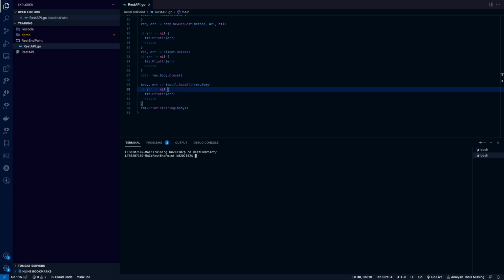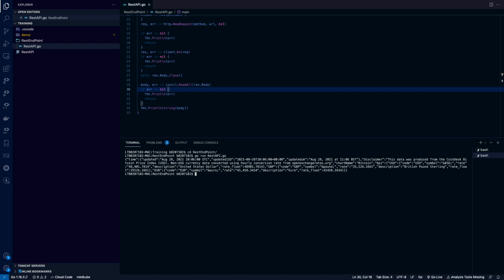It's done. Now the next point is we need to run this code. So go run, and the file name is REST API. I have executed the code, and bingo, we got the response and it is printed on my terminal.